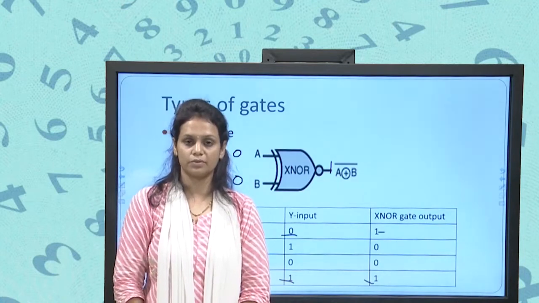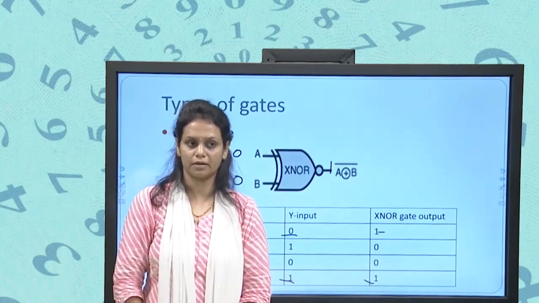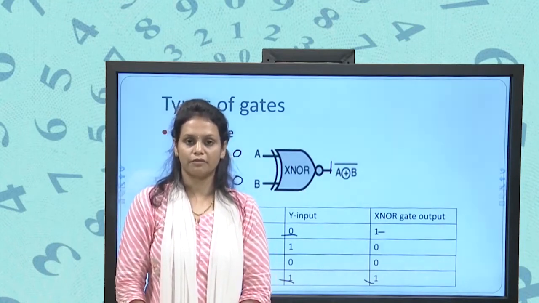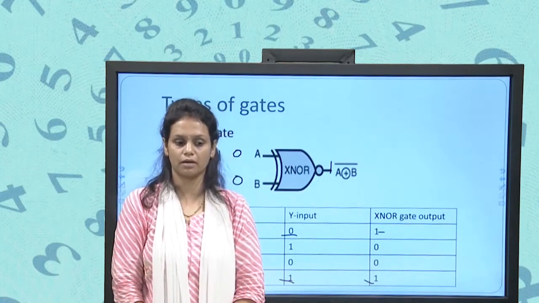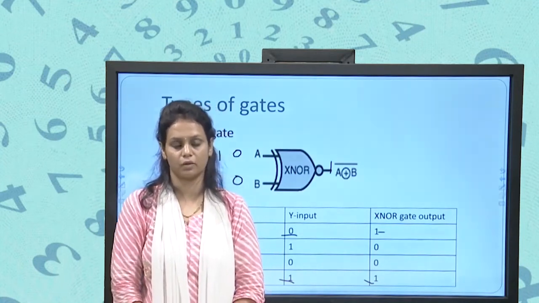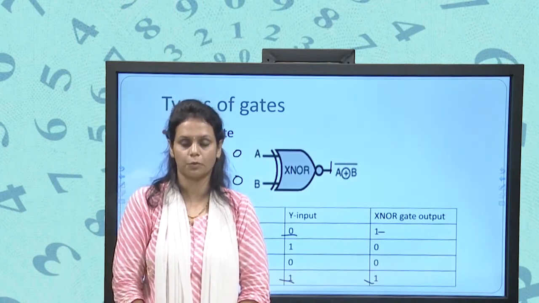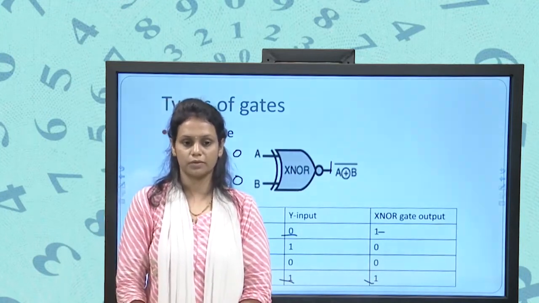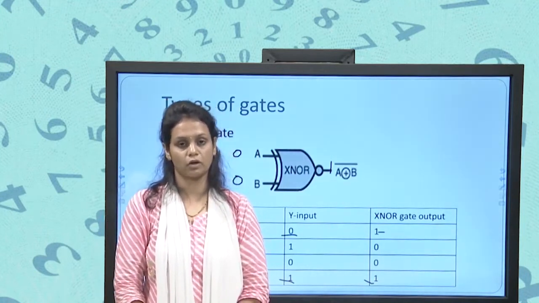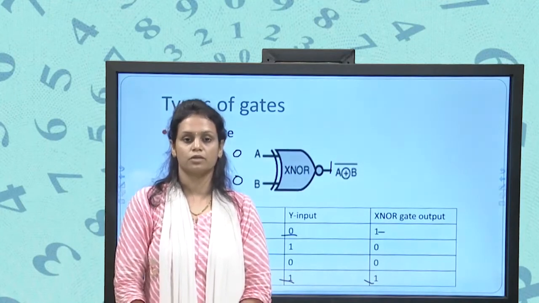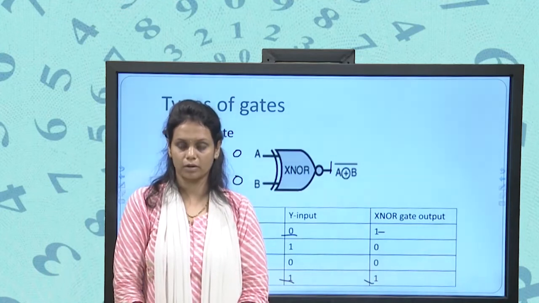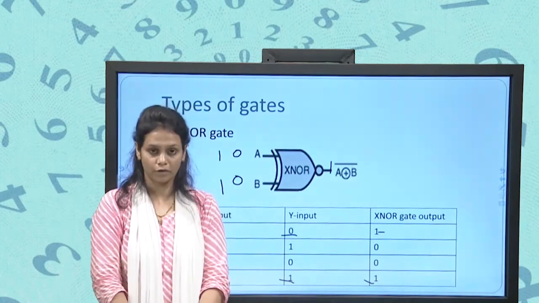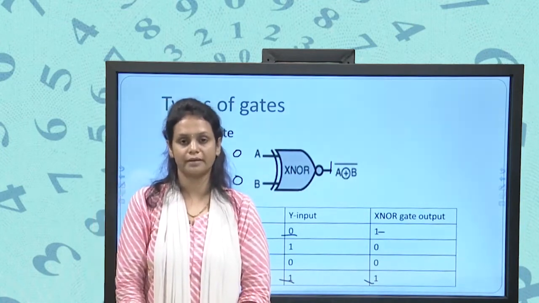Then we have seen the NOT gate. How is the NOT gate different? In the NOT gate we are accepting only one input. So if the input of the NOT gate is 1, output is 0, and if the input of the NOT gate is 0, output is 1, right. Next we have seen the XOR gate, and the combination of the AND gate and NOT gate, that is the NAND gate. In that case first we will perform the AND gate operation and then we will perform the NOT gate operation.